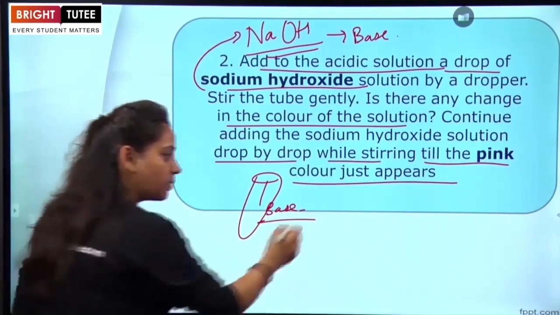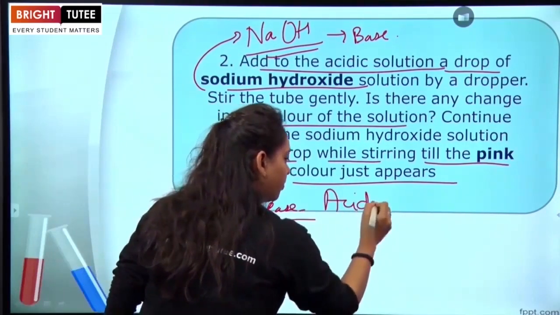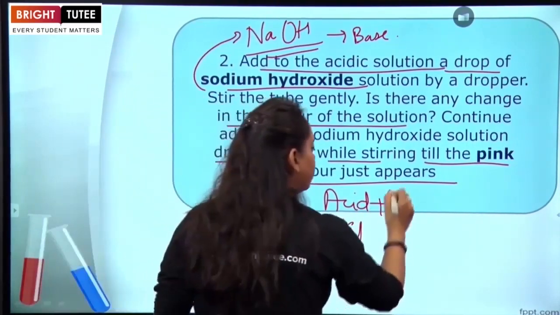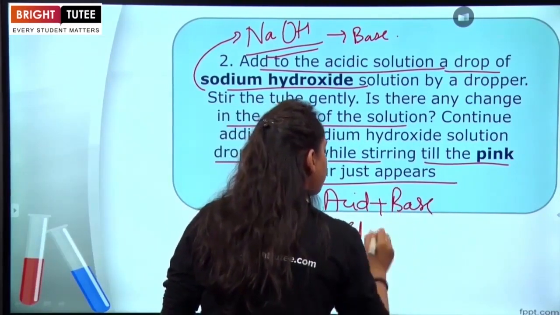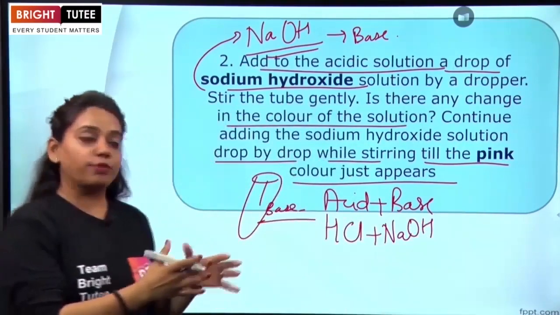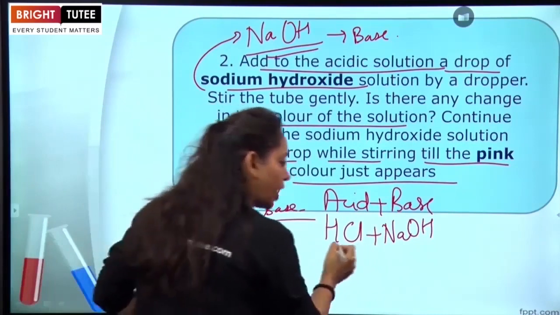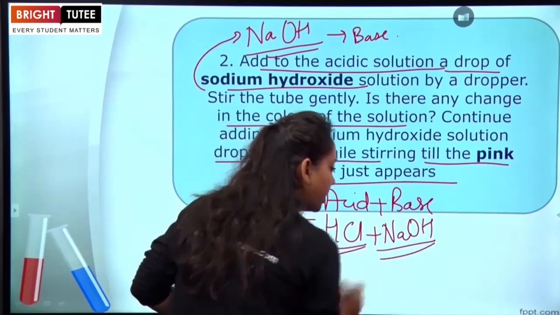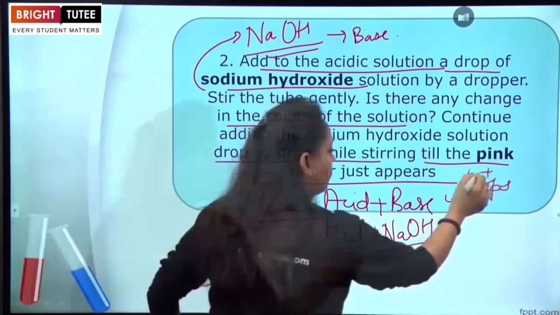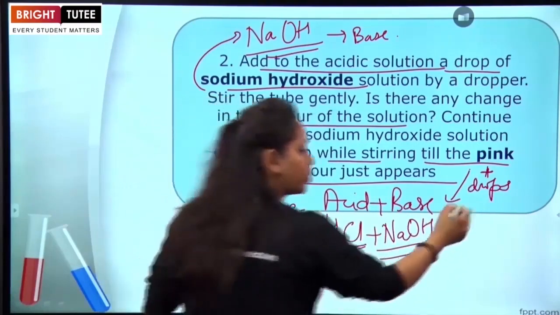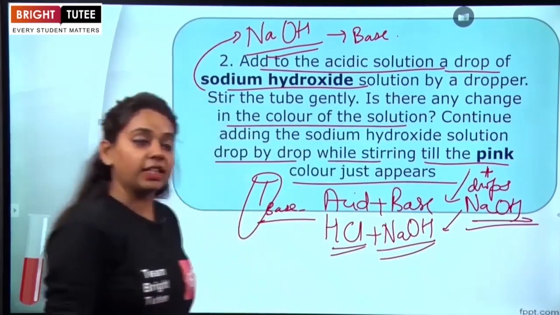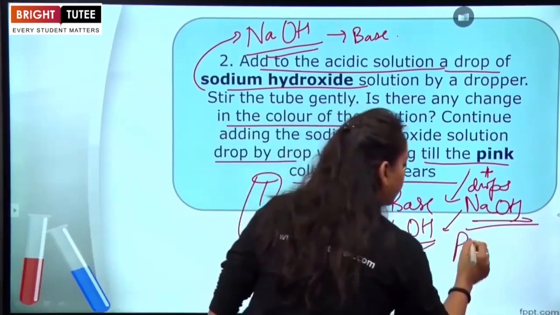Actually, we had acid in the test tube, and the acid was hydrochloric acid. To this, we have added a base which was sodium hydroxide, and when equal amounts of both were taken and all of the acid was neutralized by the effect of base, there was no change in the color of the indicator. When we added a few more drops of sodium hydroxide such that there was excess of base, then the color changed to pink.